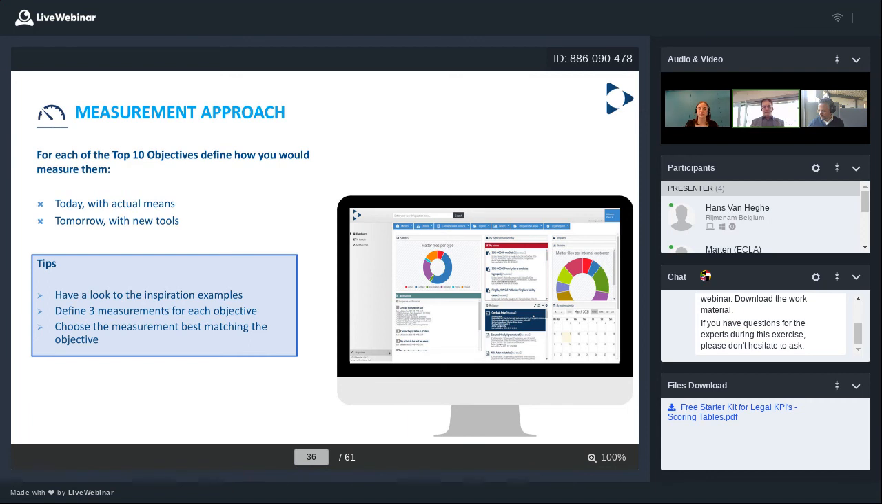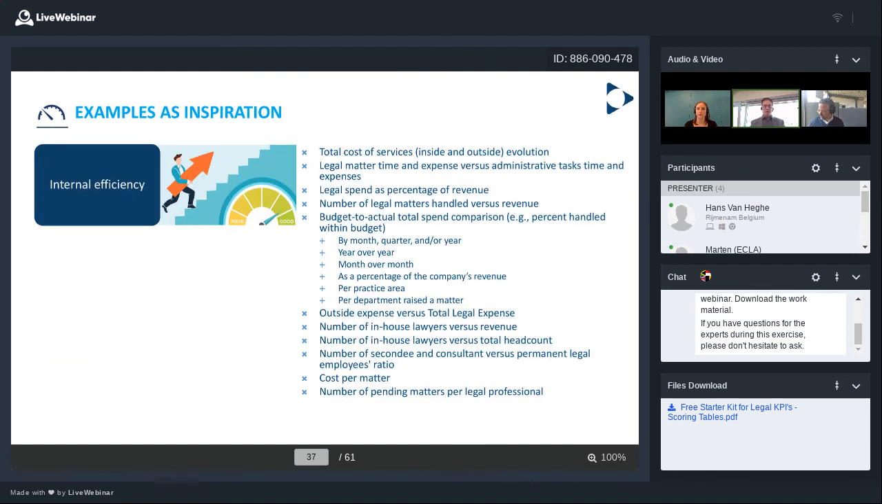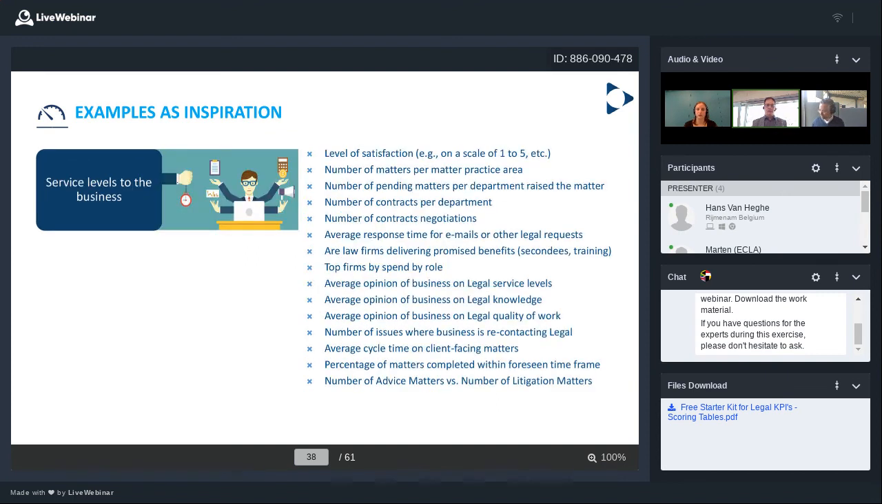And in a second step, review them again and select those that are, in your opinion, the most relevant, the most dominant in that objective domain. So to give you some examples on internal efficiency, we showed them last time as well, but we even added more examples. Also for service levels to the business,